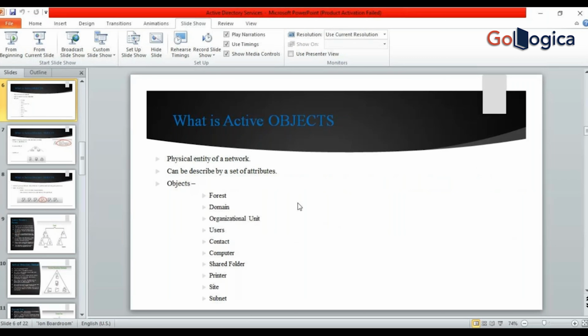Now we are supposed to check what type of objects we are dealing with. Objects are basically physical entities on the network side. Physical entity means like if we are having any of the things, like if we are